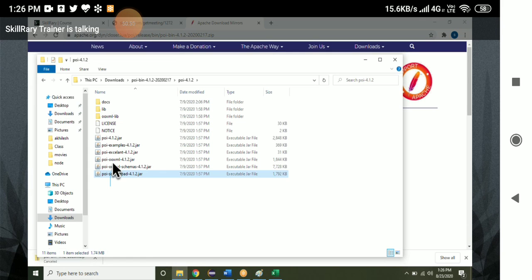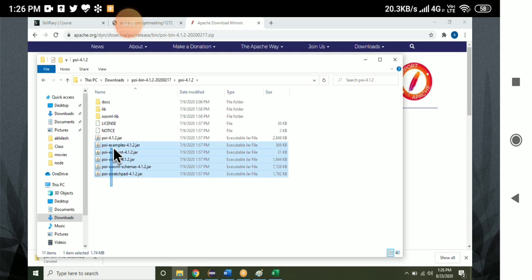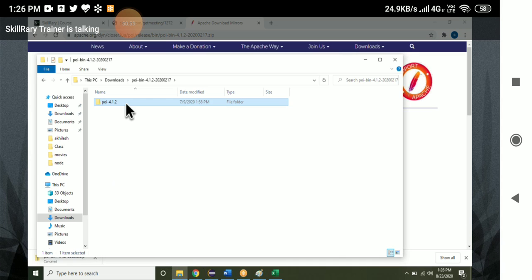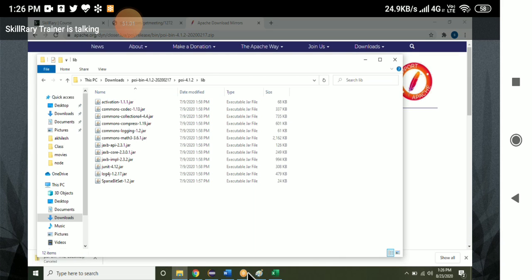Underneath, the 12 jars, copy everything and paste it inside. Set the jars. Then wait. These jars you have to add to this one. Wait. Let me do it one more time here.